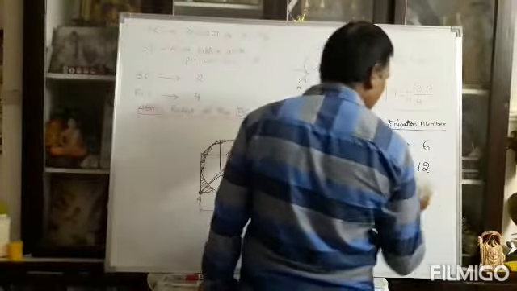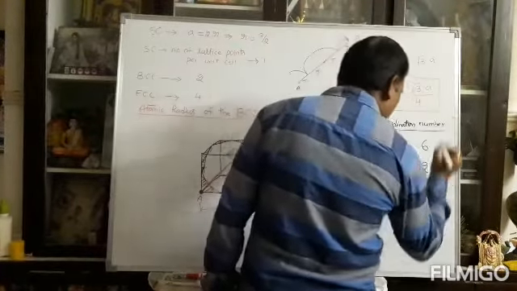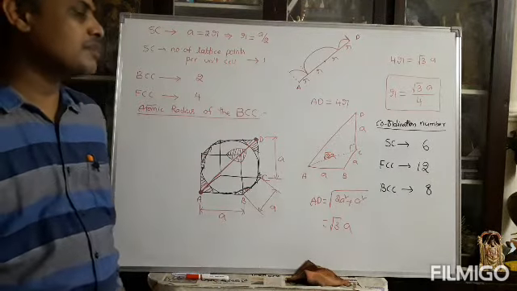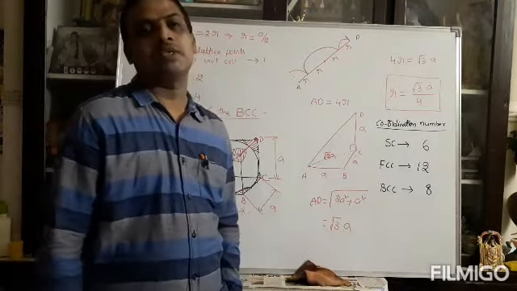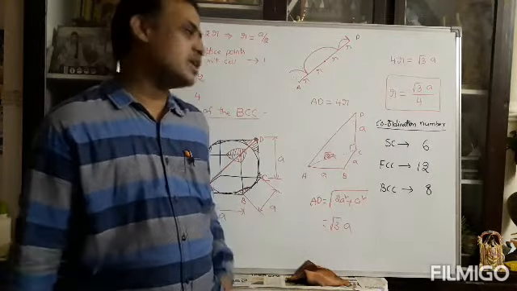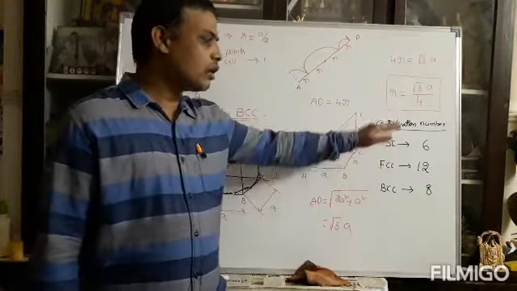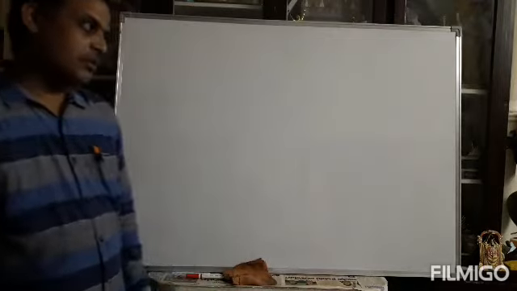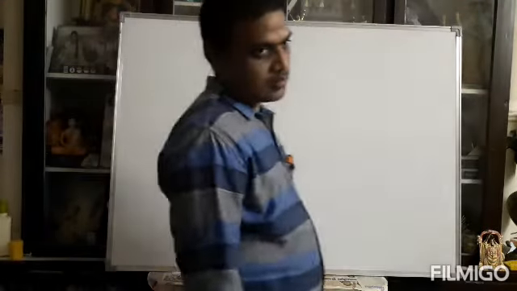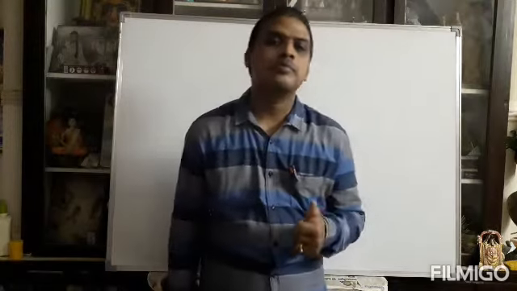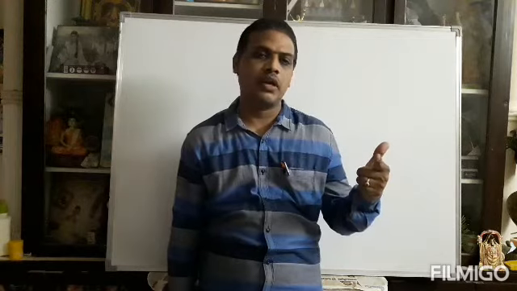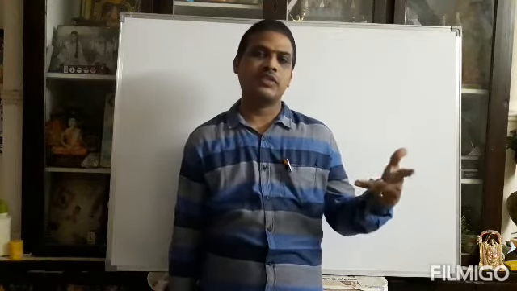In face centered cubic structure, the coordination number is 12. In BCC structure, the coordination number is 8. Those values are very important. So the coordination number for simple cubic structure is 6, body centered cubic structure is 8, and face centered cubic structure is 12. These are the coordination numbers. So we are completing mainly 3 terms. First, the number of atoms per unit cell is completed. After that, the atomic radius in different structures is completed. Third, the coordination number in different structures is completed.